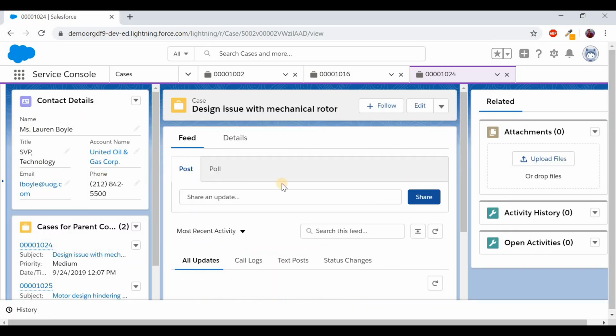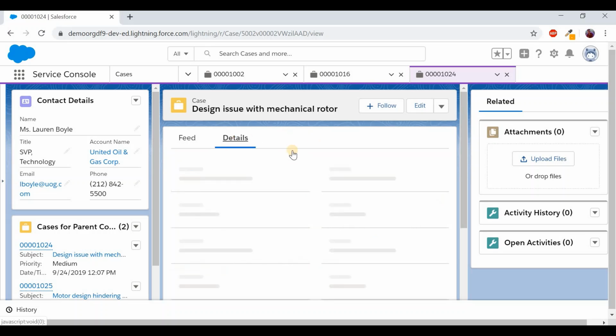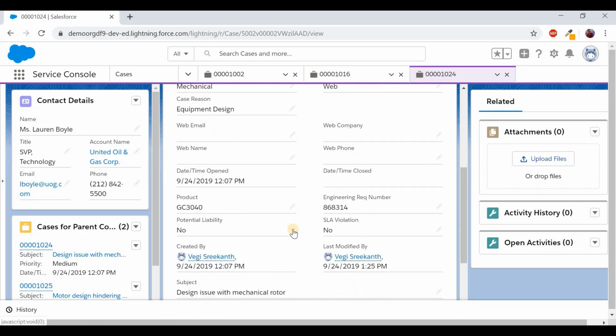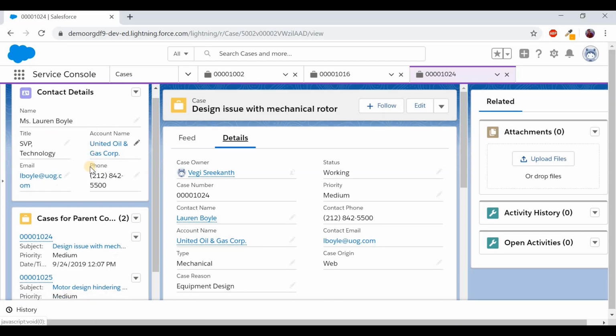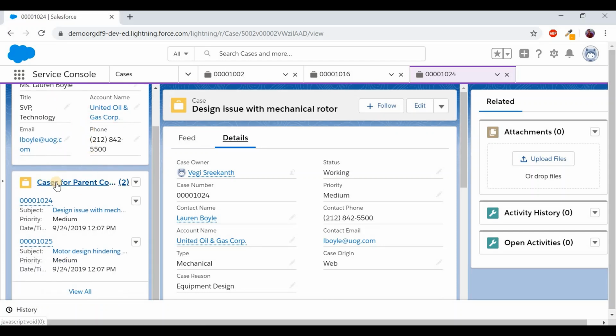Now we'll talk about the case detail page here. So this is the case detail page where we'll have all the details about the respective case. Now if you see, there is a contact details here on the left side, and we also can see all the other cases that has been raised by the same contact, cases of the parent contact. By understanding the previous cases of that contact, we'll also try to understand the current case, and then we can fix that faster. And the right side you will be seeing the upload files where we can drag and drop